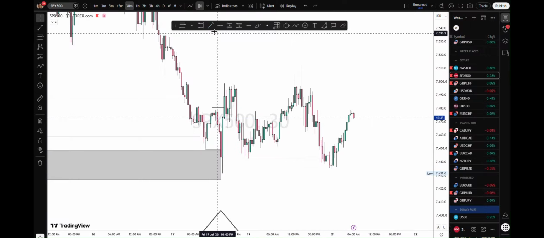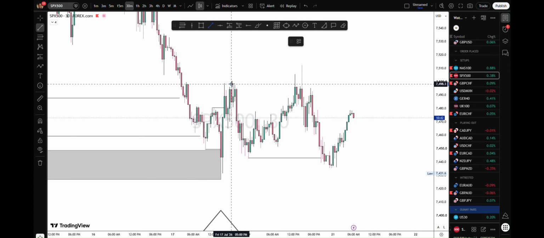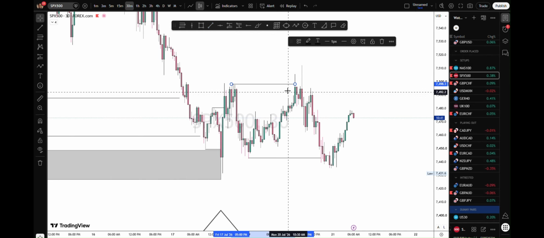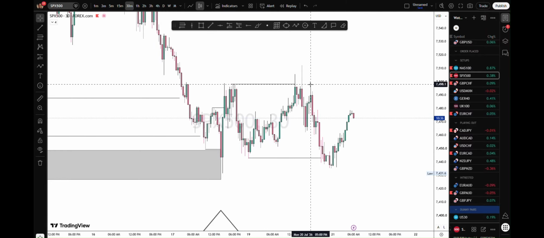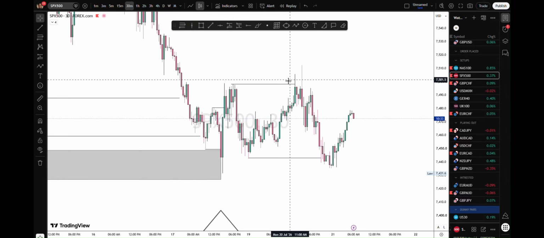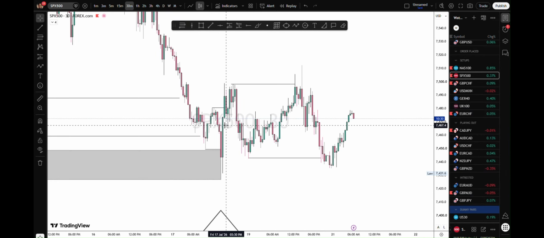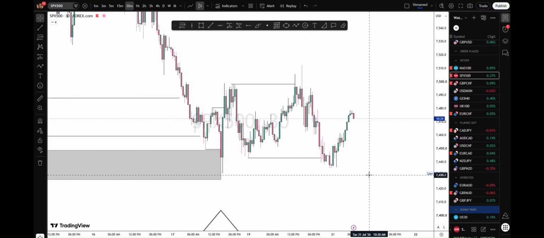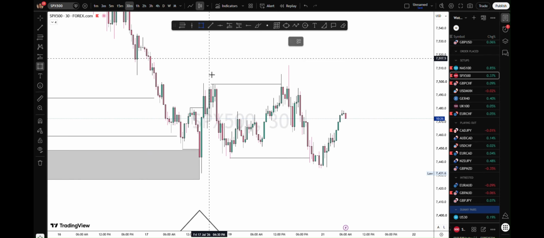with the market swept. In fact, the market gave us, we can say, a second break. And sometimes I don't like to consider this as a break of structure because it's only the wick that we have. We don't have a body close above this high. All right. But anyways, we have a break of structure here, which is good for me. Now, taking this trade,